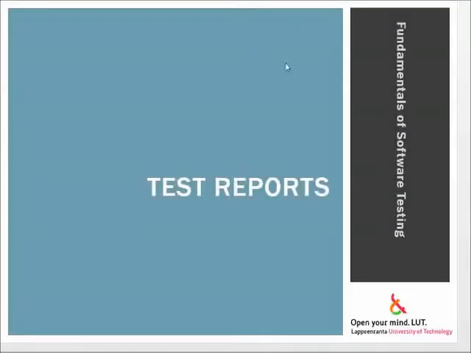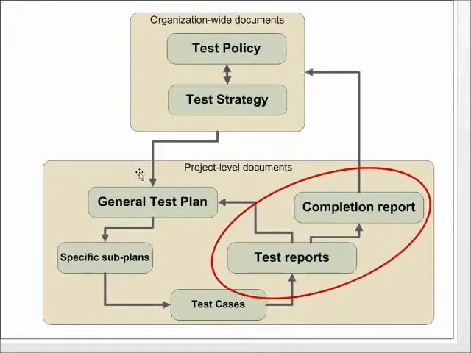The final part of the different types of documents or basic documents for the software test process are the different forms of test reports. Like with the test plans, where we had the general test plan or master test plan and specific subplans for different levels of testing or different methods of testing, the test reports in this model represent two different things. The test reports, which are collected to follow the progress of the testing work based on how